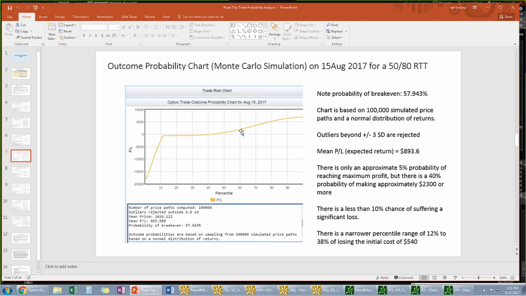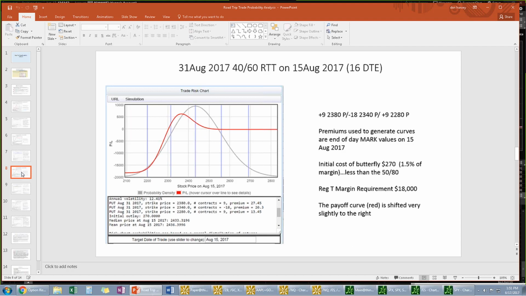And if you come over here to the 60th percentile, you have about a 40% chance of making more than $2,300. And once again, this is from doing nothing. So that's actually pretty good numbers, I think. So let's now go through very quickly just a couple of other examples, and this will be set up the same way. So now we have a 40-60. I'm doing a 9 lot to keep this at the Reg T margin of 18,000. This is going to cost less,